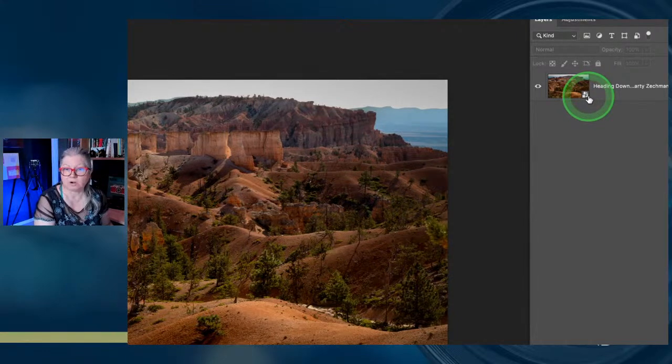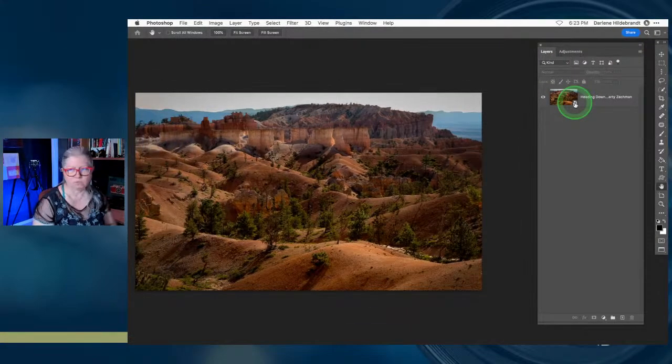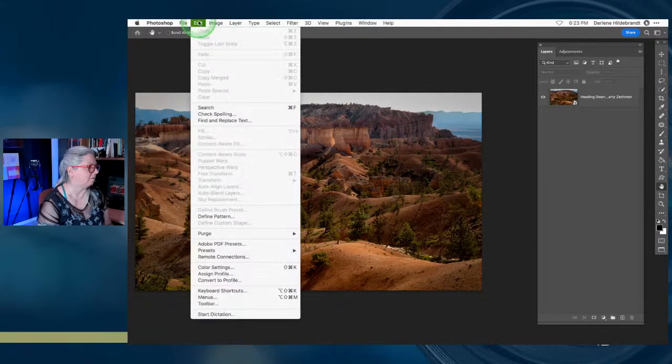That means it's a smart object, okay? You won't see that on a regular layer. And what that means is you can apply any kind of filter, okay? And it will be editable, okay? So it's non-destructive. The filter that I want to apply here is not a filter really, but it's sky replacement,